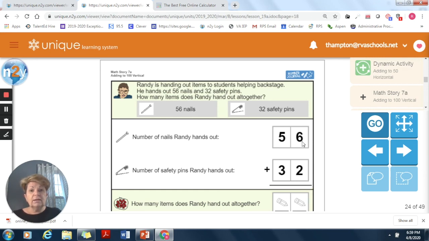Now we can say 6 and we can count up 2 by going right to our ones column. So we can say 6, 7, 8. We counted 2 more, right? Or we can say 6 and have the number 2 up, 6, 7, 8. That's one way we can do it. Then we can do it our usual way where we put our hash marks by our numbers. So if we write 56,